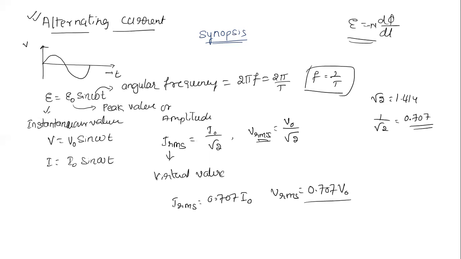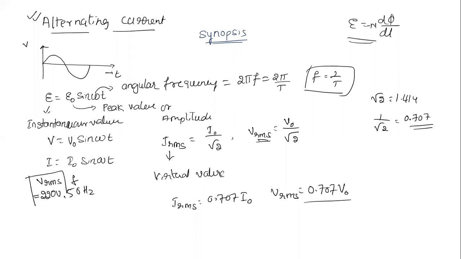For example, our main switch is there. How much voltage are we going to get at the main switch? We are going to get 220 volt, right, and 50 hertz. Do you know? This 220 volt is nothing but the virtual value VRMS. This is the frequency of India, which we are using now.